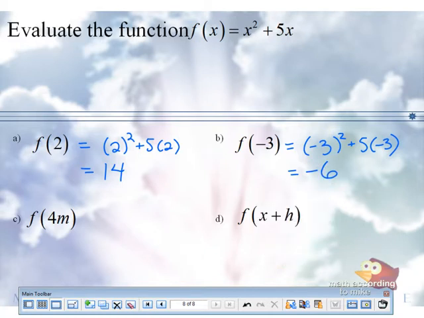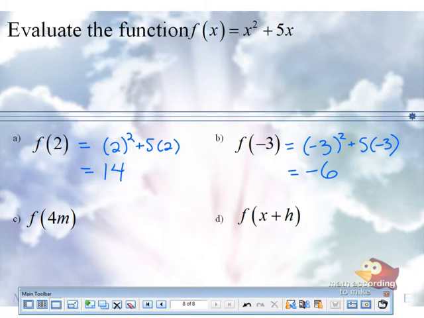By the way, what ordered pair would that be in part B? Yeah, so if that were an ordered pair, you would say negative 3 comma negative 6, because it's x comma y. Cool? Part C. Where you see an x, you're going to put